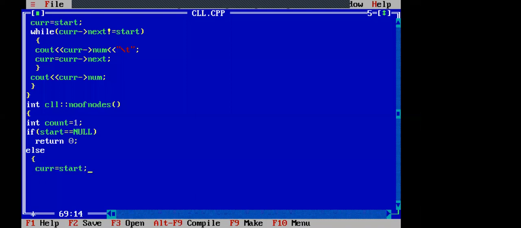The starting address is assigned to current. While current dot next not equal to start, current equal to current dot next, count plus plus.